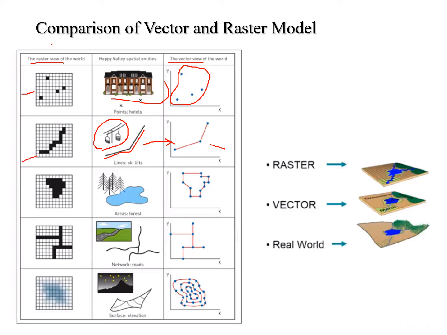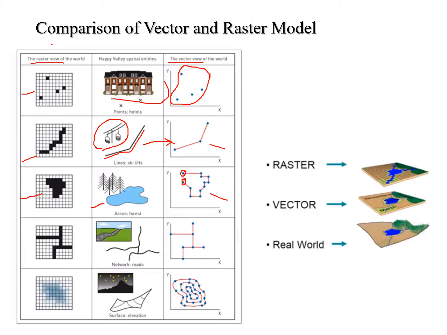Some features are in polygon form. So let us say there is a forest, and the geographical boundaries of this are shown here, and it is supposed to be represented in a vector form. It will be like this. So all these will be the node points. Similarly, it will look like this in a raster form.